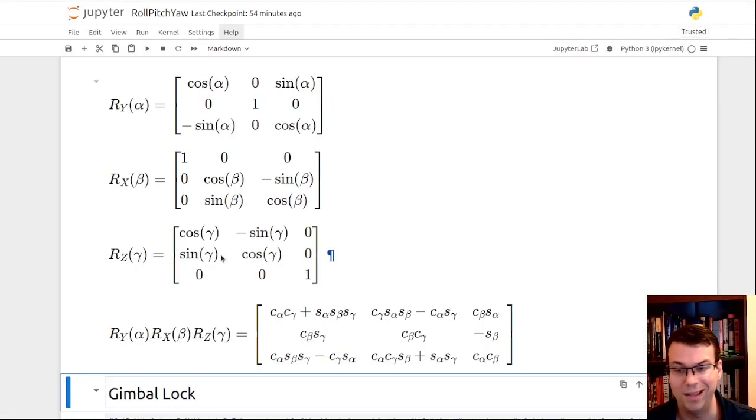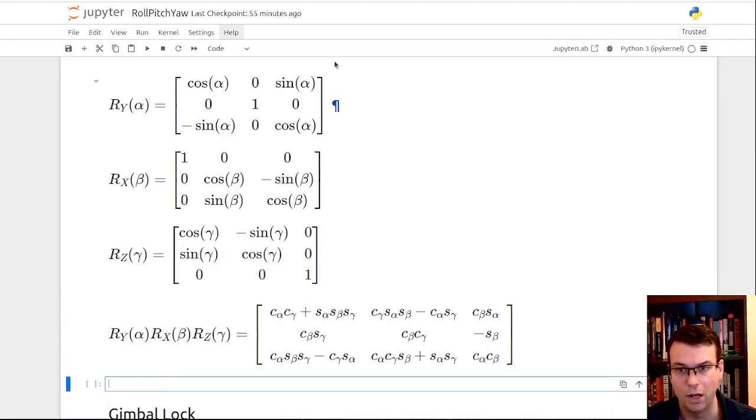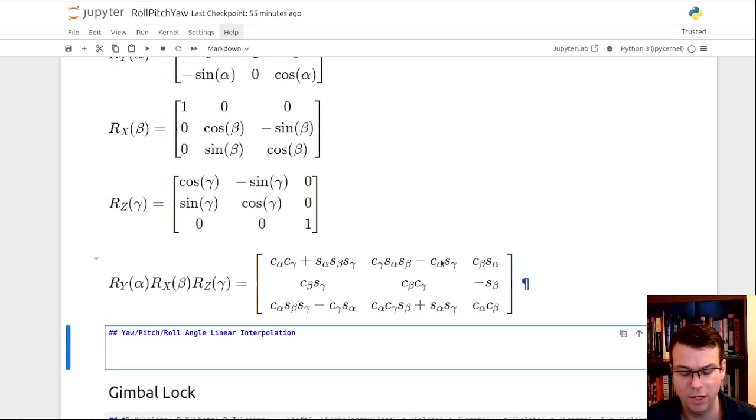So the way that I would write that as an equation, technically these are called Tait-Bryan angles, but I'll call this yaw, pitch, roll angle linear interpolation. So what I'm saying here is, okay, if I want to do an animation from a set of these angles, so alpha, yaw, beta, pitch, gamma, roll. So we'll say if I want to go from alpha 1, beta 1, gamma 1 to another set of angles, alpha 2, beta 2, gamma 2,